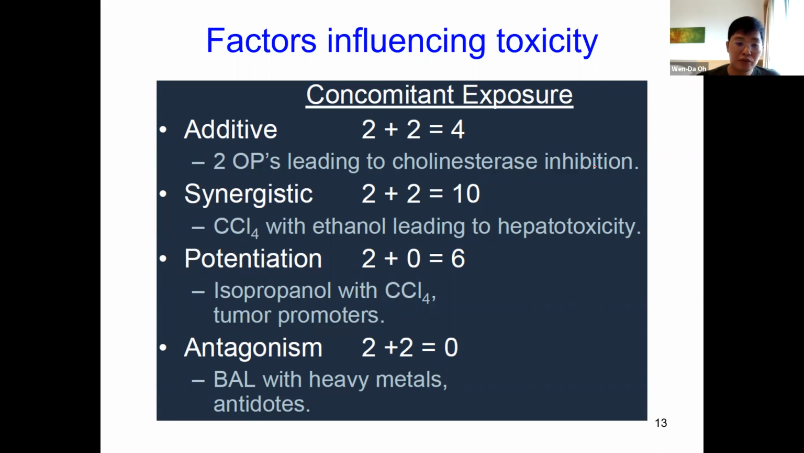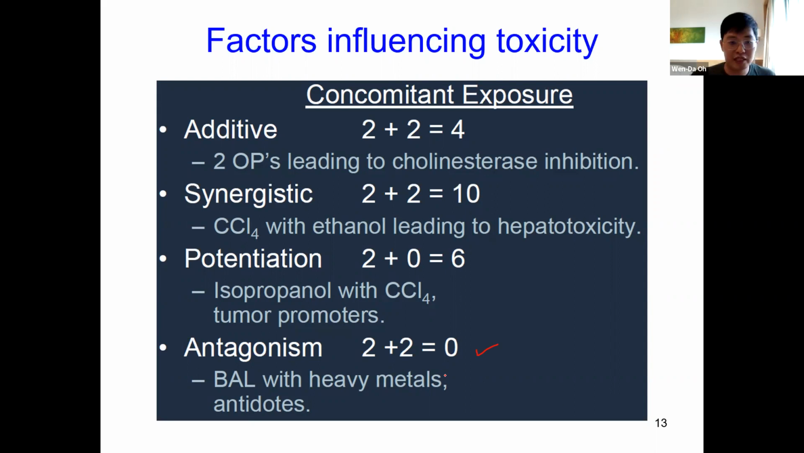Okay, so the last one will be antagonism. This one is you ingest something, for example, heavy metals into your body, and then you want to remove this heavy metal, you ingest another chemical, for example, an antidote. Then these heavy metals are actually detoxified, right? So this is 2 + 2 = 0. This is a classical example of many